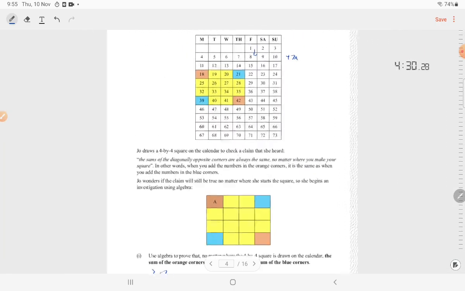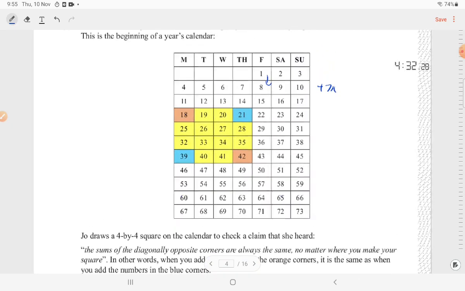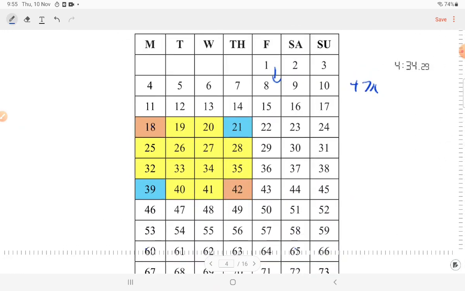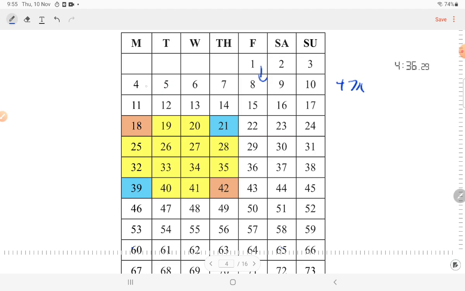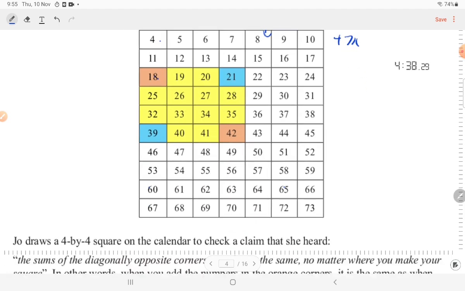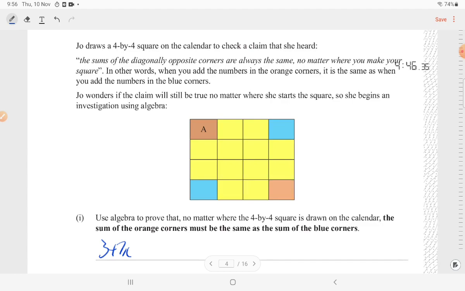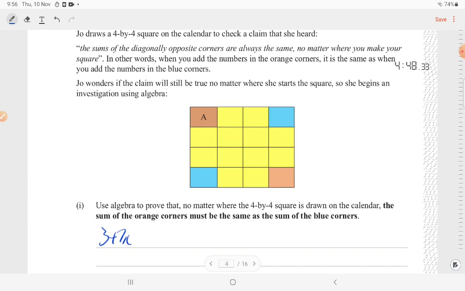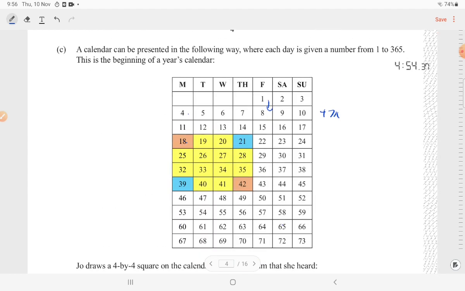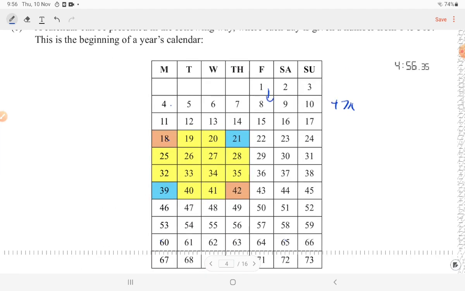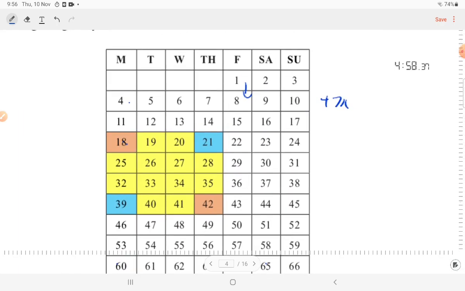But I don't know about the Monday, the first, right. Right, okay. So the starting point will be